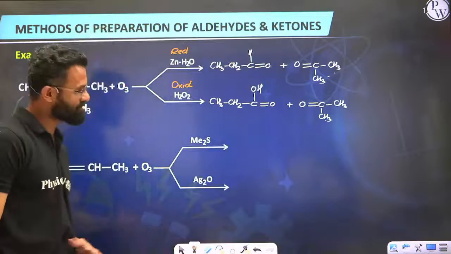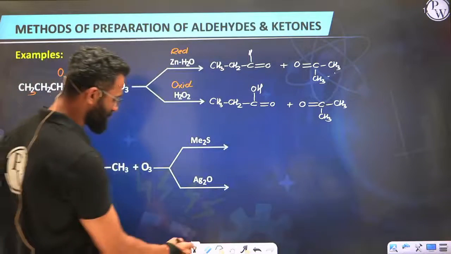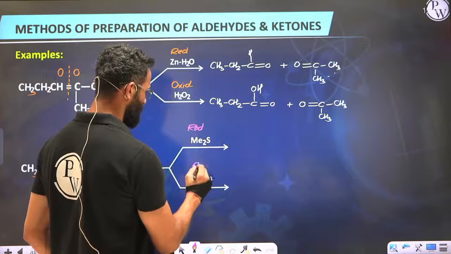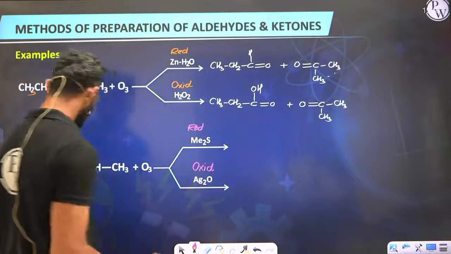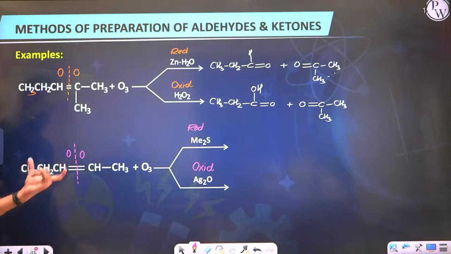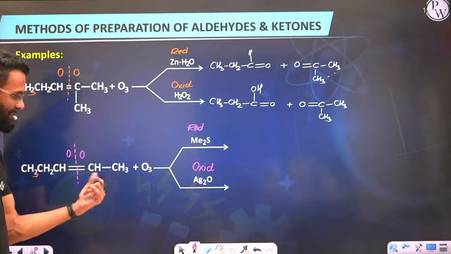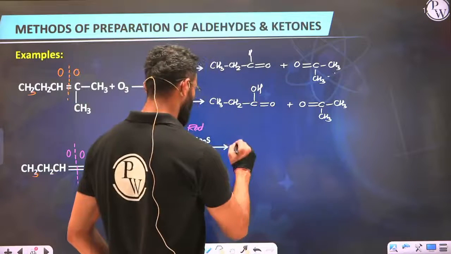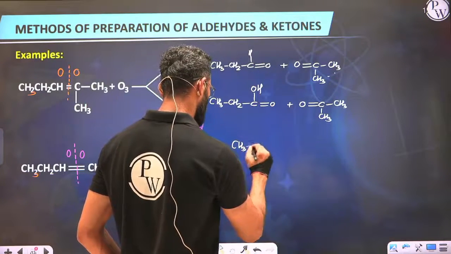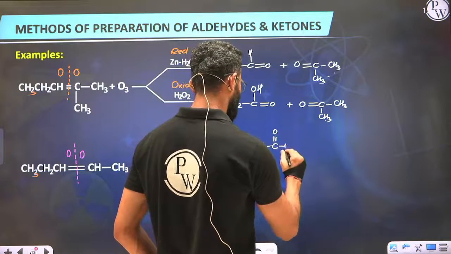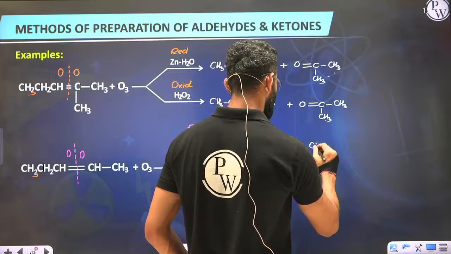Alright everyone, let us apply that to another example. You can see dimethyl sulfide indicates that this is reductive condition, and Ag2O is oxidative. Carbon-carbon double bond will break this bond. Add oxygens on either side. So left hand side part is again propionaldehyde, right hand side part is acetaldehyde, CH3CH double bond O. So under reductive condition, two products are: first is acetaldehyde, plus the second one is